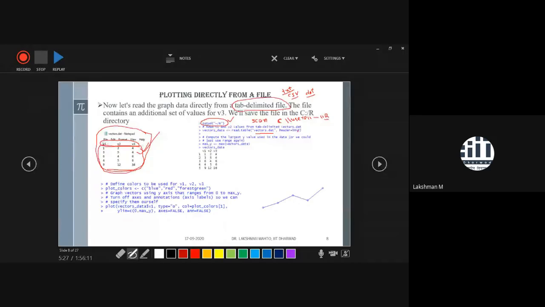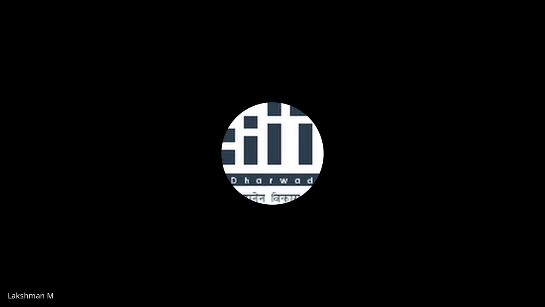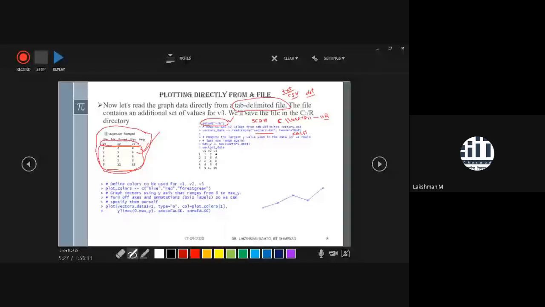If you don't want to see the header, then you can use a logical operator. If you put TRUE, then definitely it will come. Otherwise, you can put FALSE, then the header will not come. Only the output will come. So that is the idea. You know about all these.